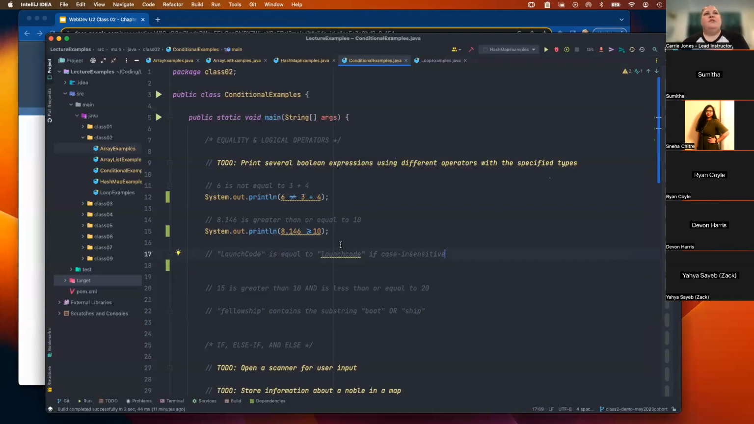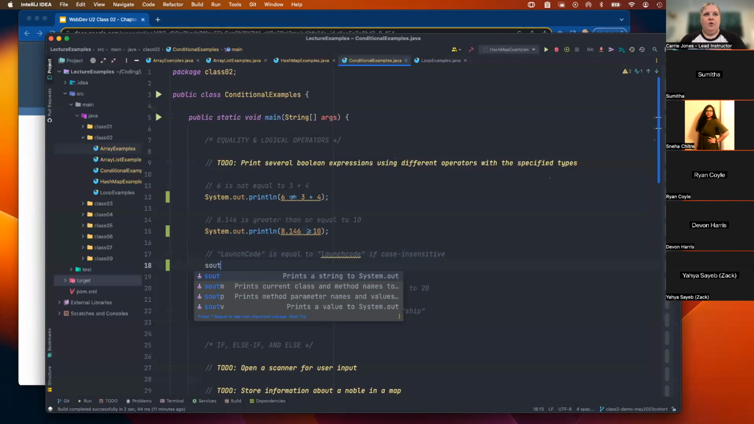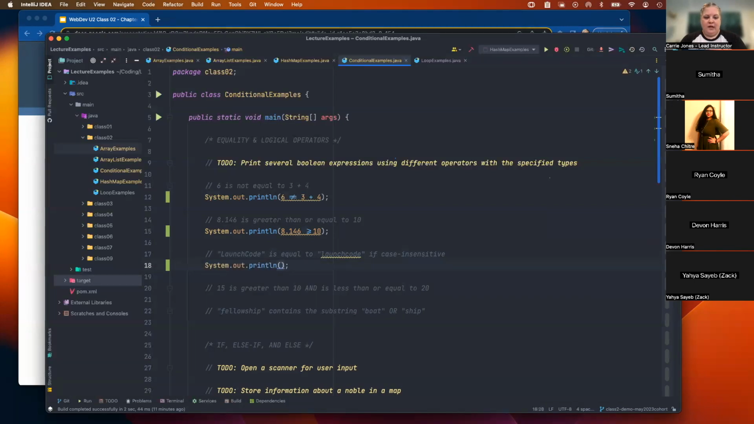So equality with strings, I should add this to the slides. Equality with strings is special. You can't use the double equal with this. So you need to use dot equals. So if you wanted to compare launch code with lowercase launch code, if you're introducing case sensitivity measures, you can just